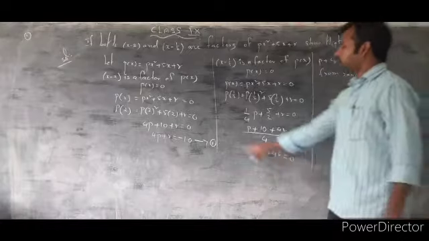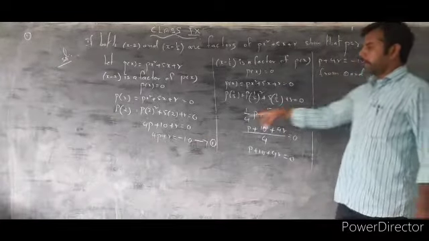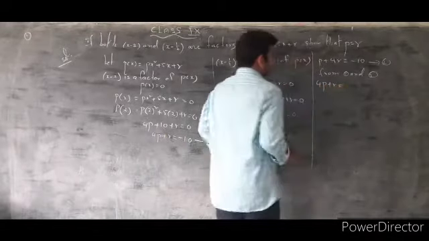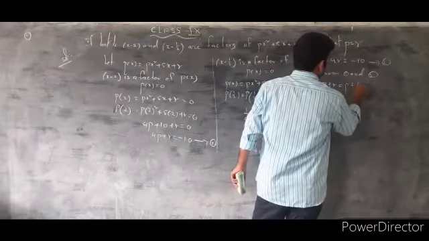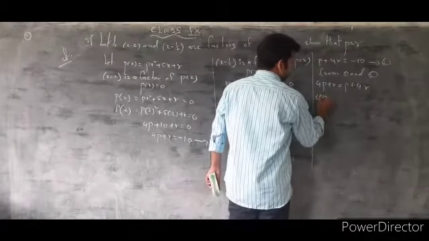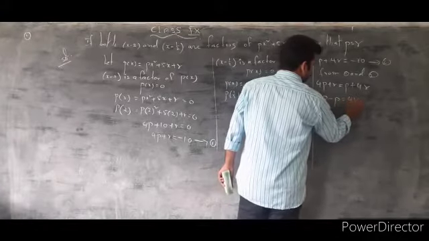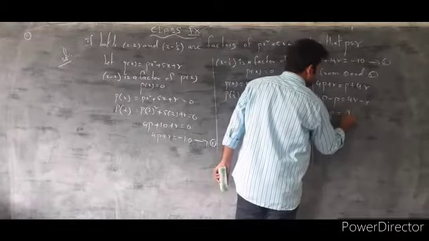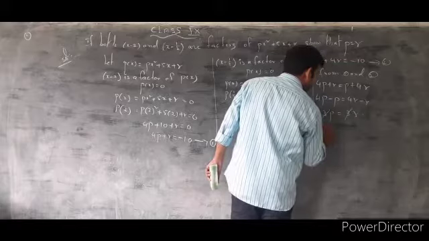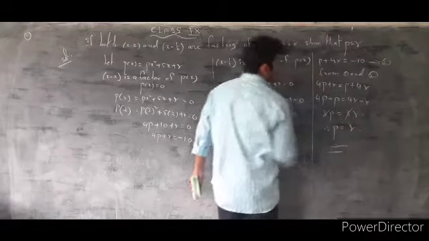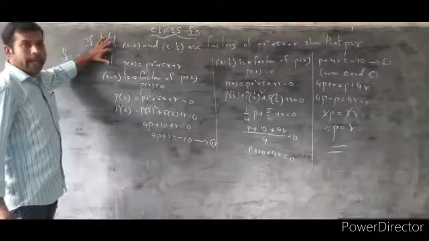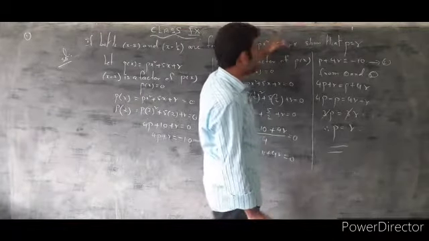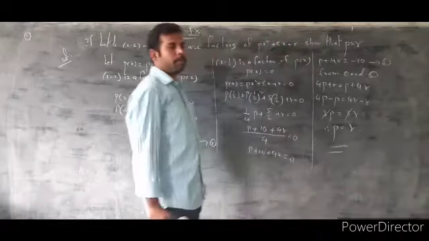From equations 1 and 2, the RHS are equal, minus 10. So now the LHS are equal. 4p plus r equal to p plus 4r. Taking p across, 4p minus p is 3p equal to 4r minus r, which is 3r. 3 cancels, therefore p equal to r. If both x minus 2 and x minus half are factors of p of x, where p of x means px square plus 5x plus r, then p equal to r.